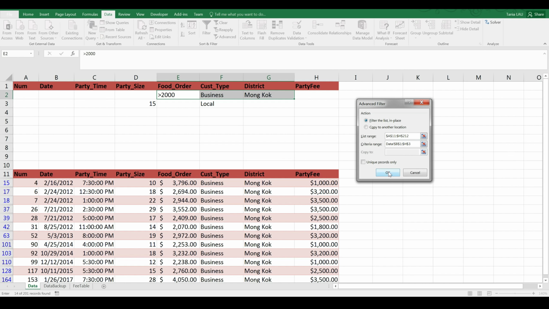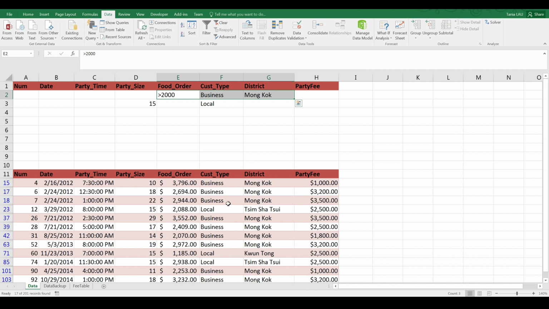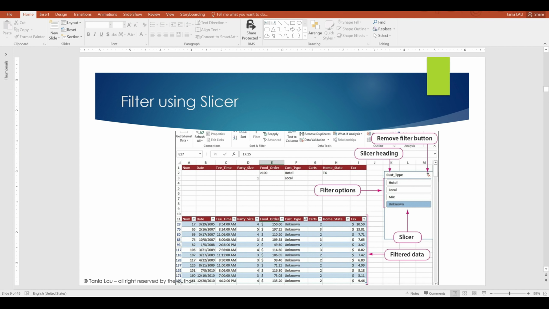Then click OK. Now you can see we have 17 records filtered. So let's jump back to the slide. After we look at filter and advanced filter,